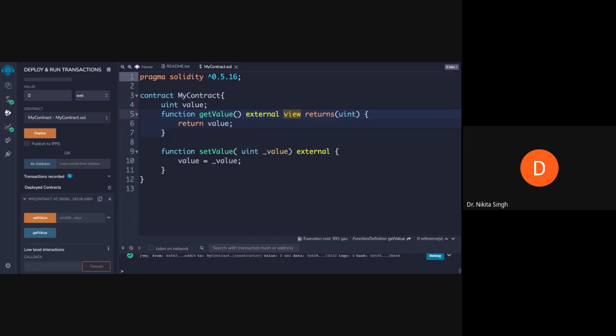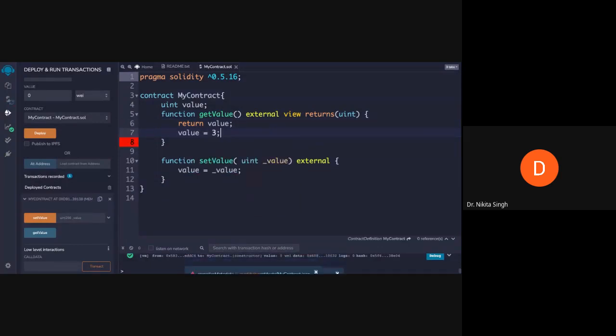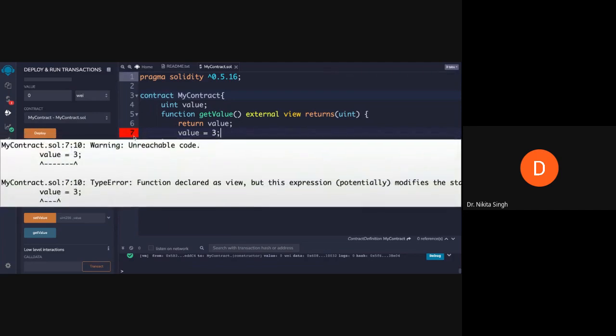So getting on, we were talking about this view keyword over here. The view keyword is a read-only keyword. If you put this view keyword inside your function signature, it means that you are only allowed to read the value. You cannot manipulate the value here. So if I say value is equal to 3, it will give me an error.